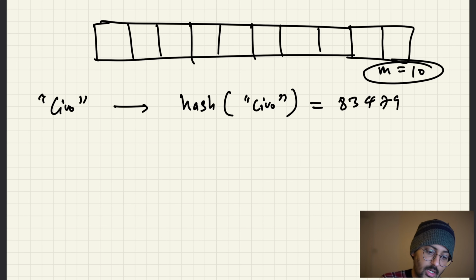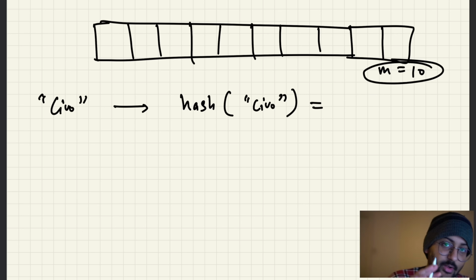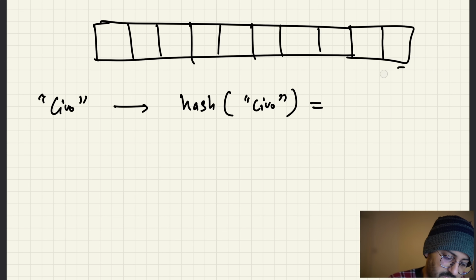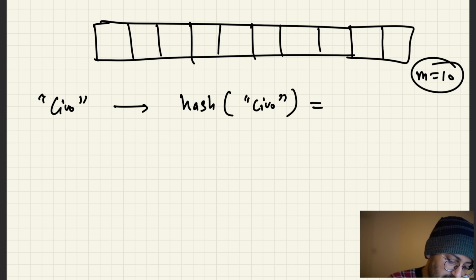83479. Now this is a really big number. This index, what you can do is, let's say, okay, I got an idea to explain it to you. Let's say initially the size of the array is equal to 10. Let's say the hash of CVO is equal to giving me a number